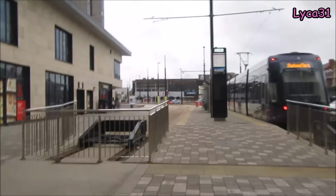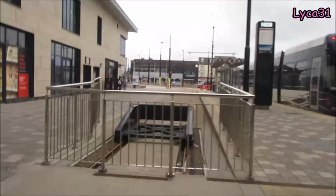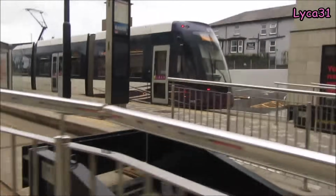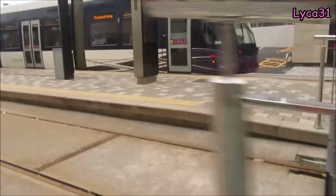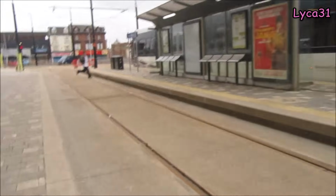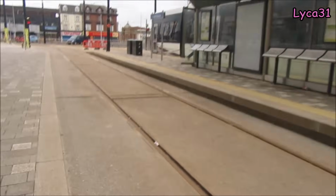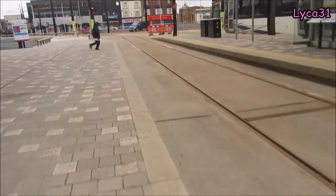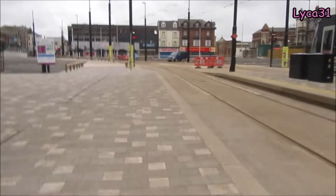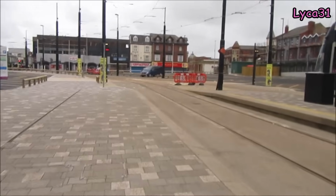But as you can see, the new car park is totally open. We've got a tram parked at that tram stop, which is obviously the end of the North Station line. And I did film all the tram tracks being built. I filmed that fairly comprehensively,